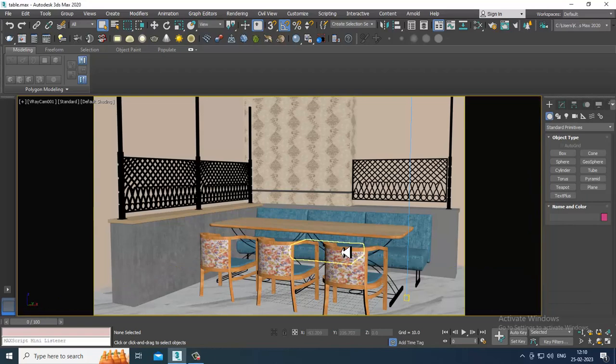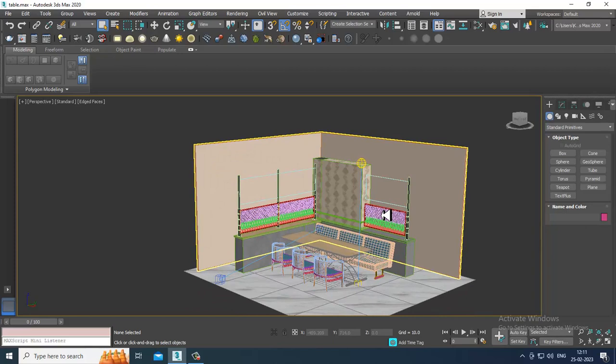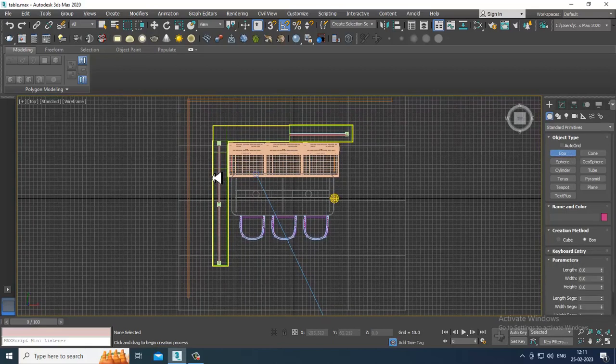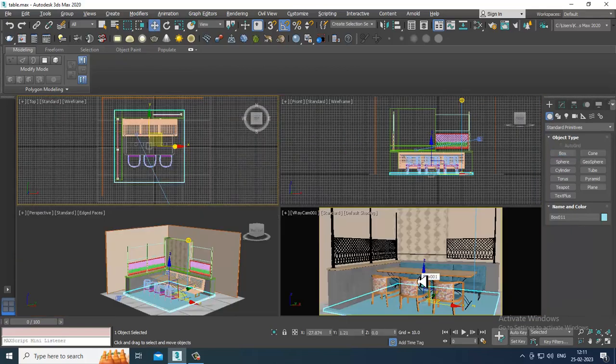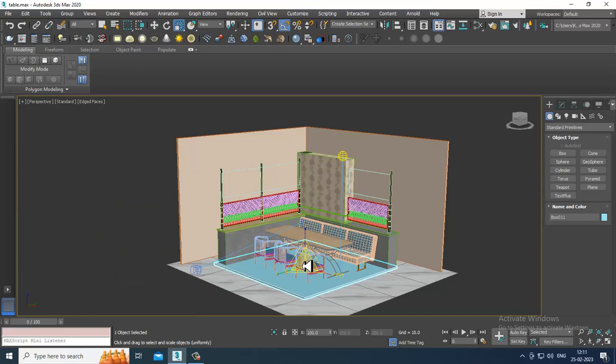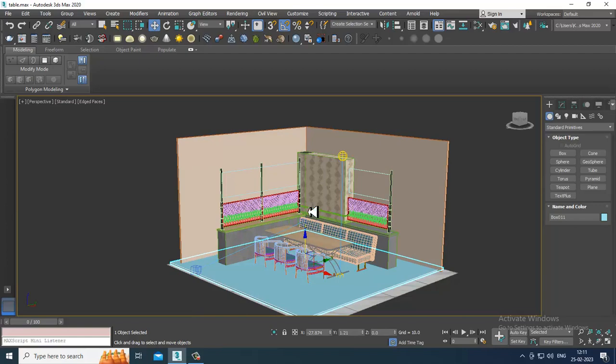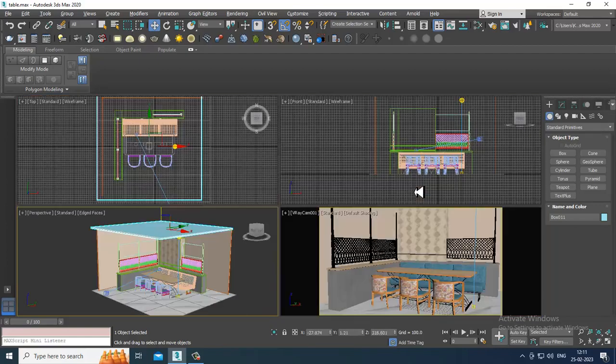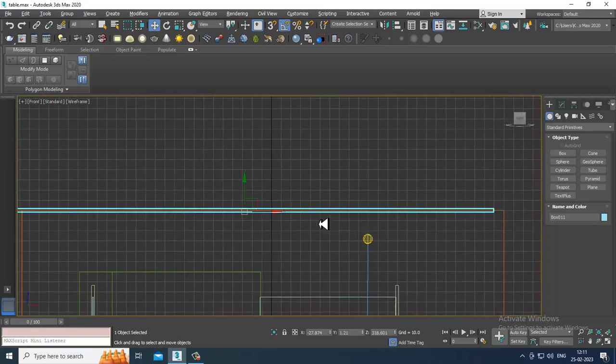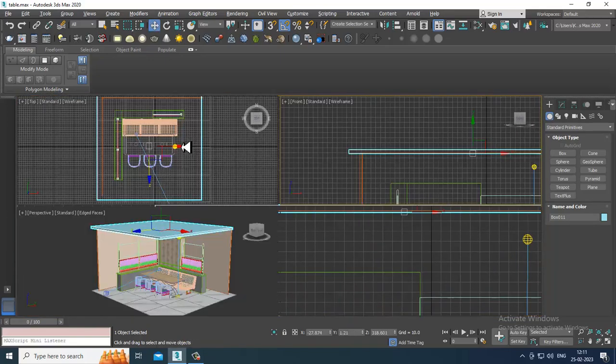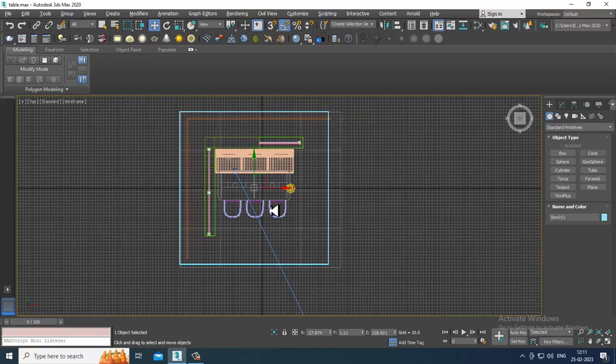So let's get started. As you can see over here, we have completed the texturing part and we have started up with the lighting part. What I'll be doing first of all is creating a ceiling which needs to be put onto the top of it. So let's just place it over here. Okay, I'll slightly shuffle this over here,